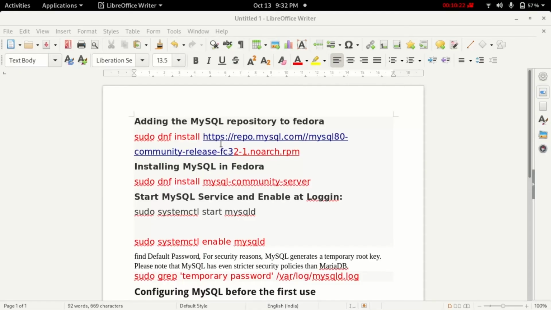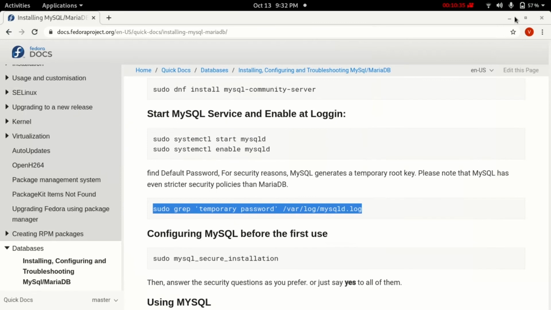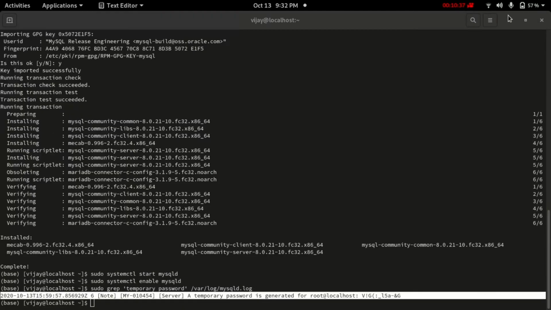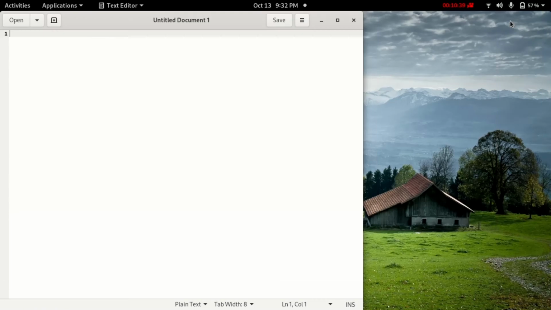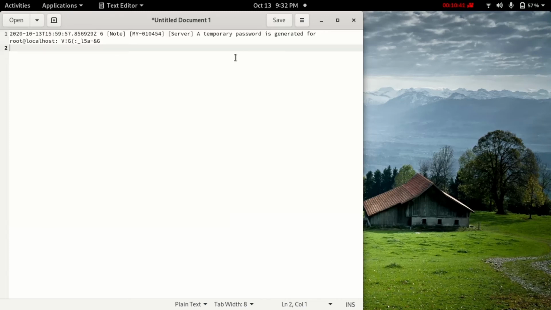So we'll open the text editor and paste it with this. Yes, we have pasted this one.